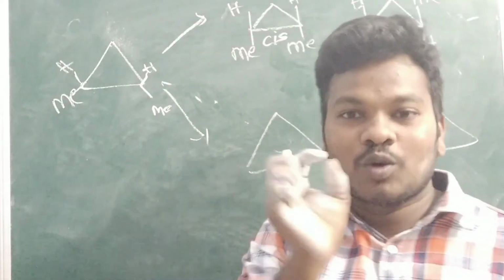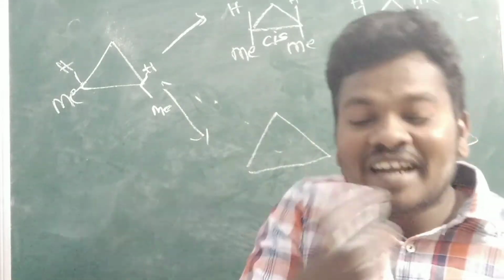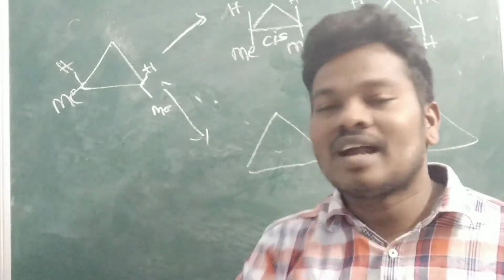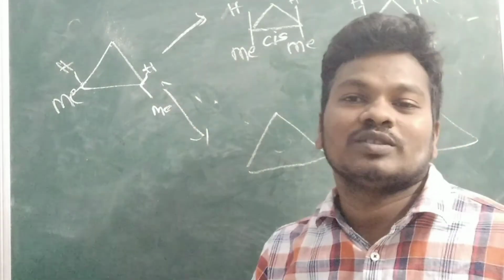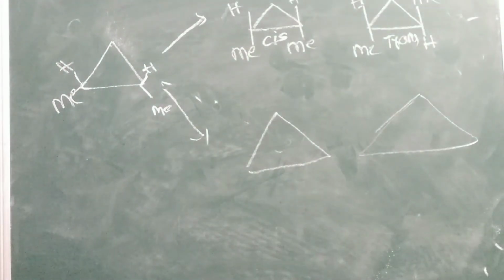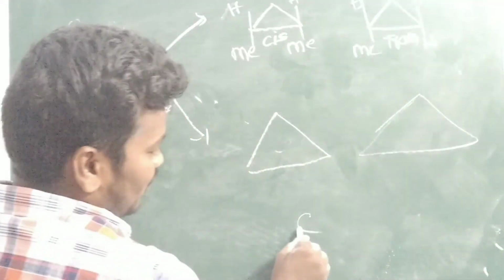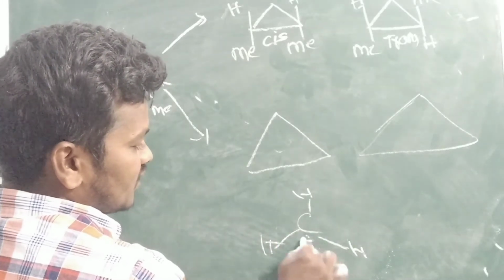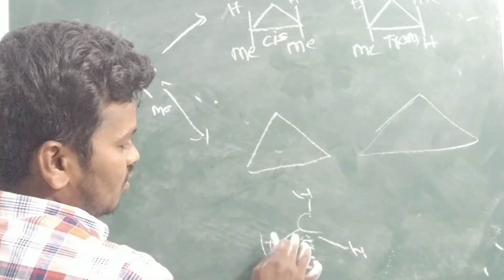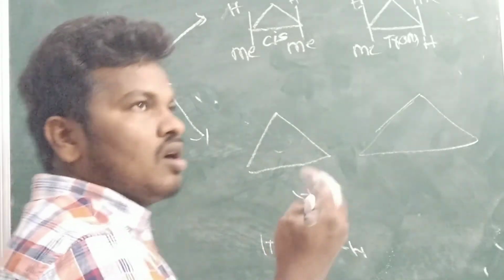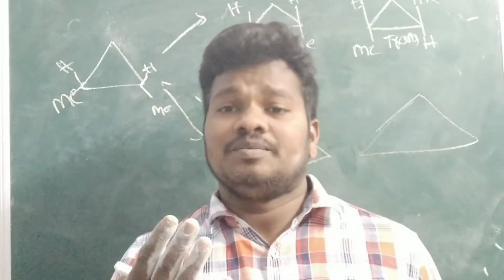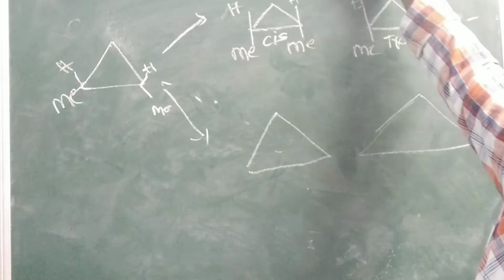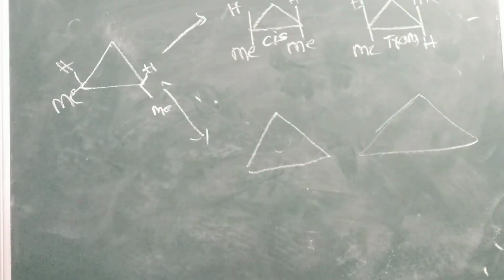Even though the same groups are presented, they are presented on different carbons. The carbon is not the same, the carbon is different, that's why it shows geometrical isomerism. Okay, it is done. If you see, four bonds are presented. One is with the dotted line of methane, one is with the solid. One the viewer can see, the other the viewer cannot see. Like this also you can obtain the two types.